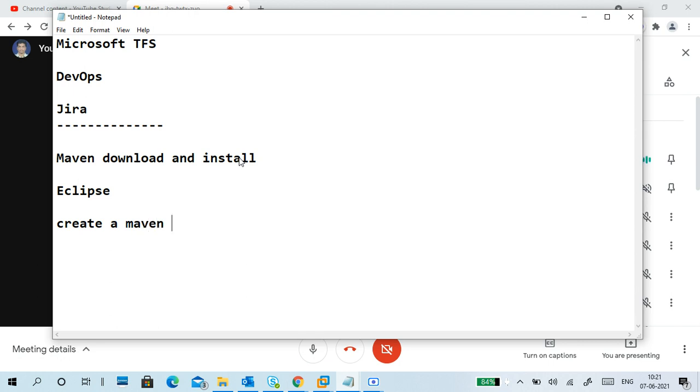Maven is a build and test tool, so we can create a Maven project integrated with the build and test tool. A Maven project is nothing but a simple Java application, but along with the Maven-related libraries inside. So we can easily test, build, and package the application using Maven libraries. That's it. Very simple. Using those libraries, we can build, test, compile, all this kind of stuff. So we'll create a Maven project first.